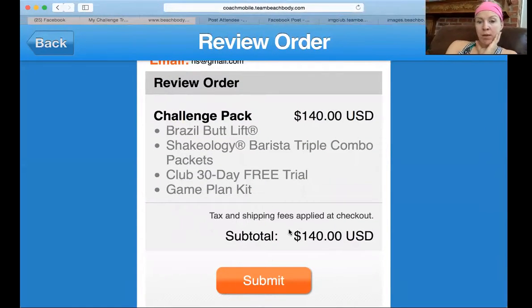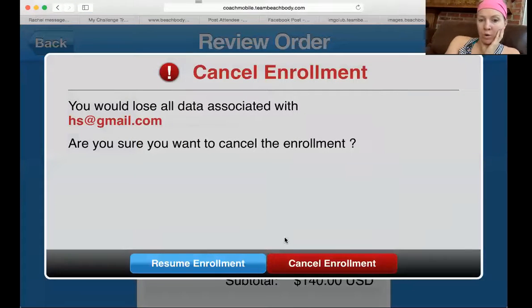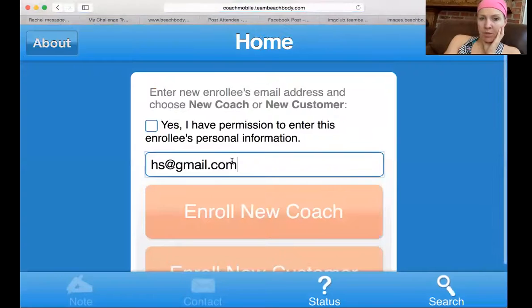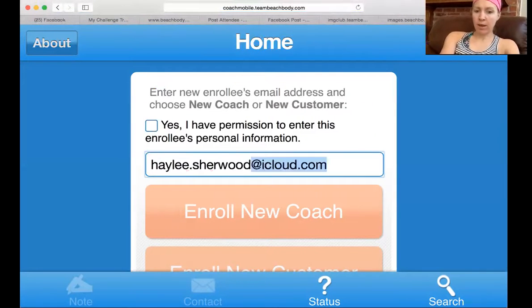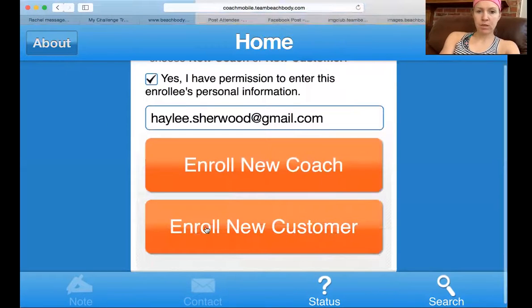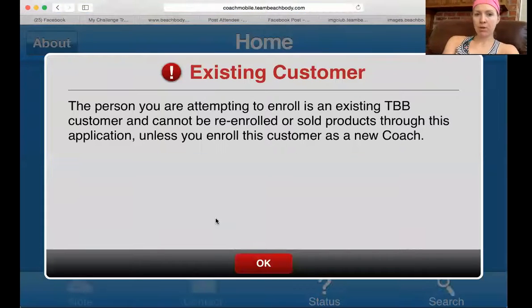I'm not going to push submit because that's a made-up email. So that's how you sign somebody up as a coach or as a customer. If you get a customer and they're ready to sign up, and you get their email, and you say enroll new customer, and that pops up, you're like, oh my gosh, what in the world? I can't do this. What I usually do is I then send them a message with a screenshot of this,